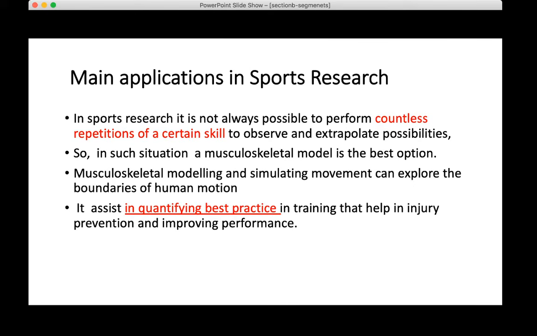So yeah, in sports it is not always possible to perform countless repetitions of a certain skill. Now what is this point? This is a very important point which favors us using musculoskeletal modeling. Now suppose you have designed an exercise, a new workout, and you want to see the results, you want to do research. You cannot ask an elite athlete to perform it for you many times. Got the point? But once we get his body segment parameters, we can feed them into the computer and we can do it 1,000 times,